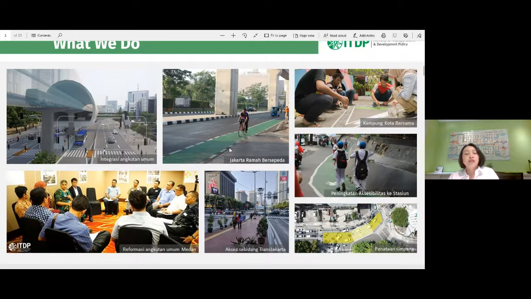We are involved in transit integration in Jakarta and several cities like Medan and Semarang, and this year in Bandung. We also have cycling programs in Jakarta, Medan, and Bandung. And we have programs with urban village residents, and also with the NMT pedestrian project in Jakarta.